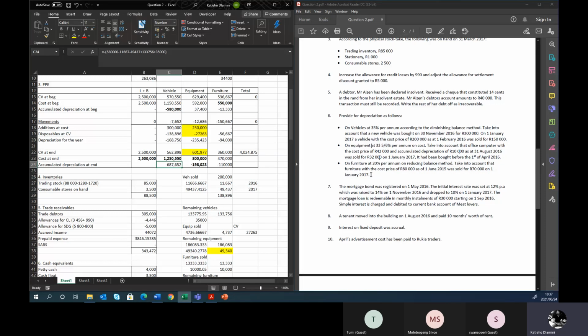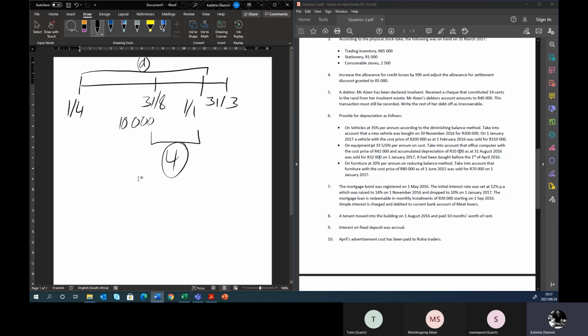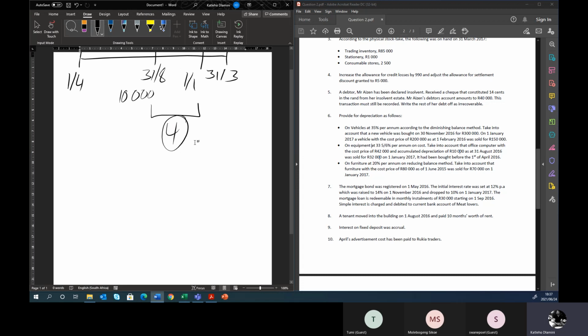Okay, so now I can calculate the equipment for the year. When it comes to depreciation, I'm remembering there's one other thing I didn't tell you about depreciation when you're calculating your old and remaining depreciation. So I'm just going to open this back up again. When you're calculating your old and remaining, depending on which depreciation method you're using,